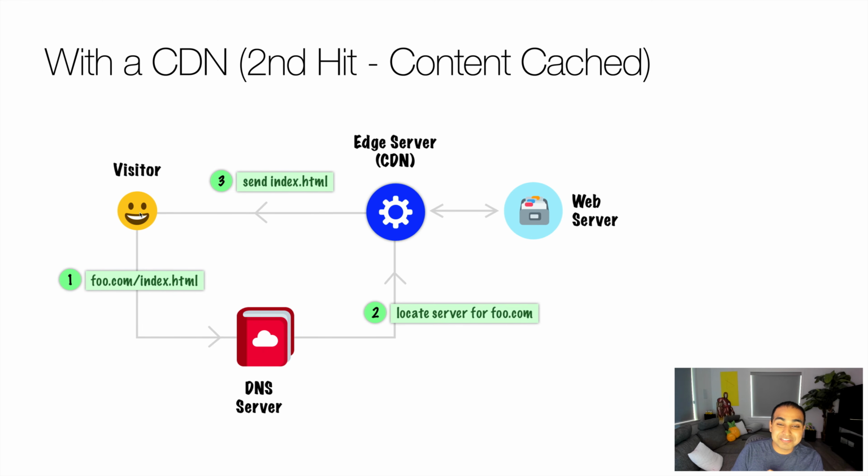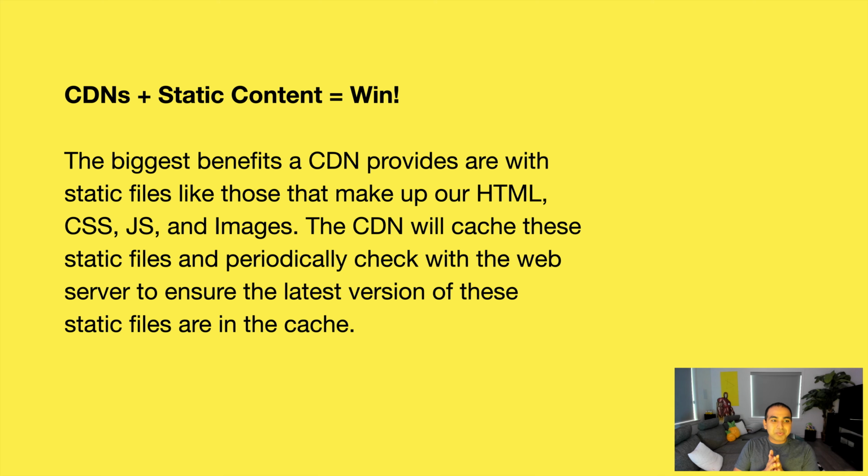So right now I have a very fast path where the CDN is the primary interface for being able to serve index.html. Really quick, really, really fast. Now, when it comes to CDNs, the biggest benefits they provide are with static files, like those of our HTML, CSS, JavaScript, and images. The first time around, the CDN will get it from our web server, but then we'll cache them, and it will keep them in its cache, so that way anyone who asks for it will get